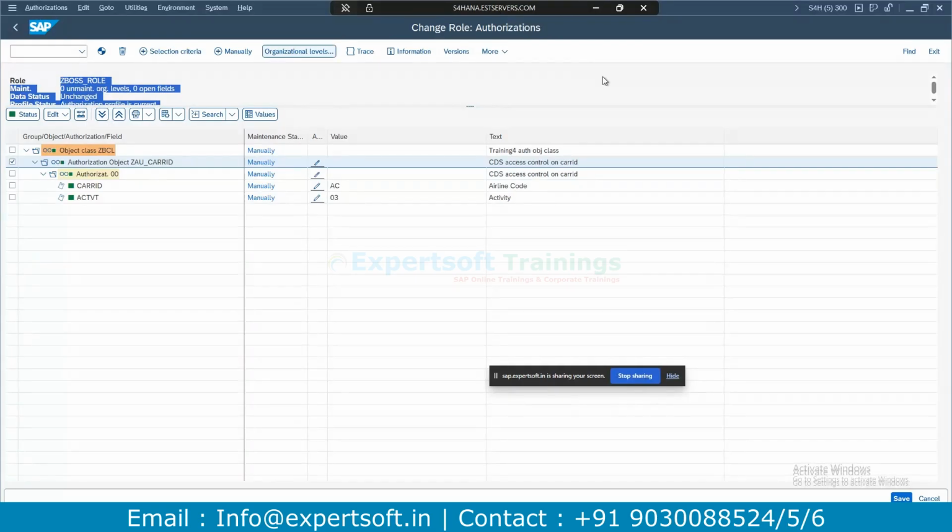If a US user is executing, then create one more role for the US. Then you can specify the filter criteria, whatever filter criteria you want. So assign that US role to the US user. So same data, same CDS view, but with the help of the role, the data will be manipulated. And what about the same role with a different activity?